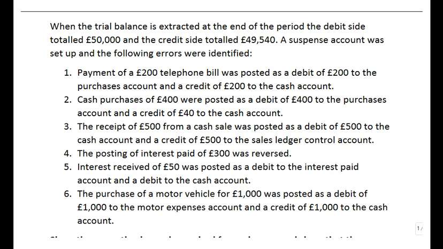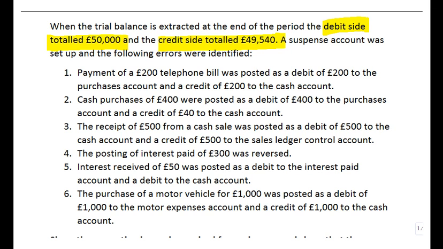Now the whole point is the trial balance should balance. So when you do that process of comparing the debit and the credit side, you're hoping you've got the same result, but sometimes you won't. And in this case, the debit side had £50,000 in total on it. The credit side only totaled £49,540. Now, the fact that the trial balance doesn't balance means there must have been at least one error at some point during the year,